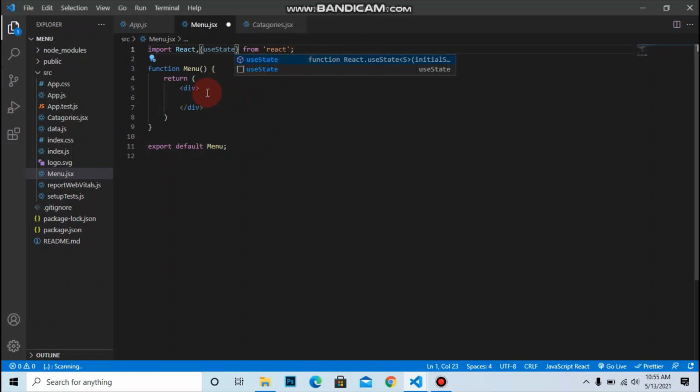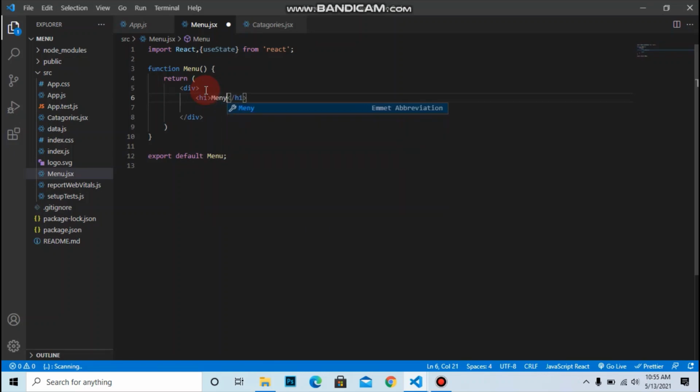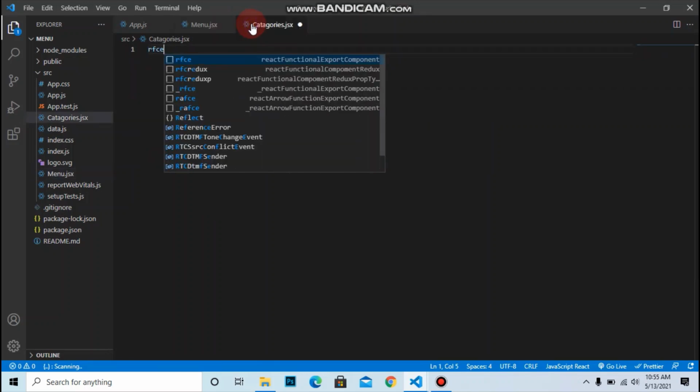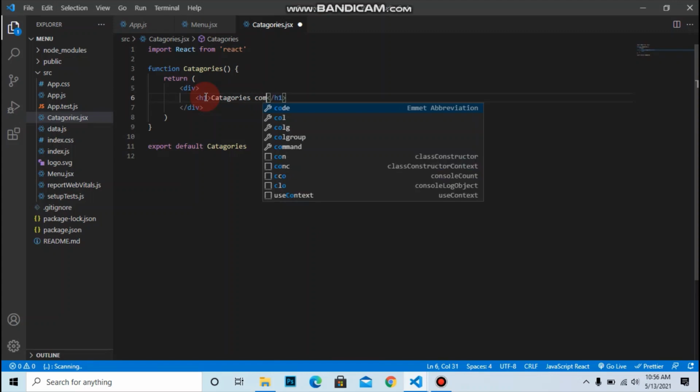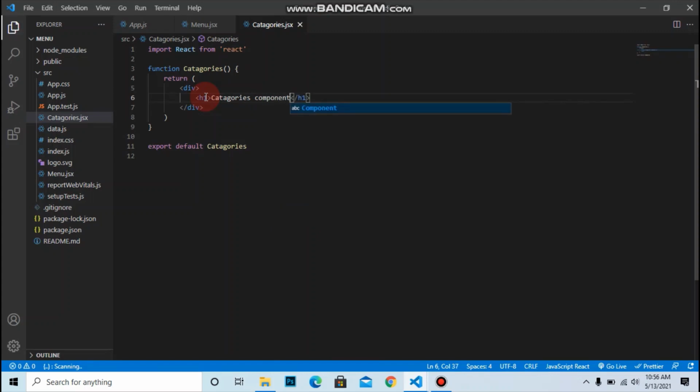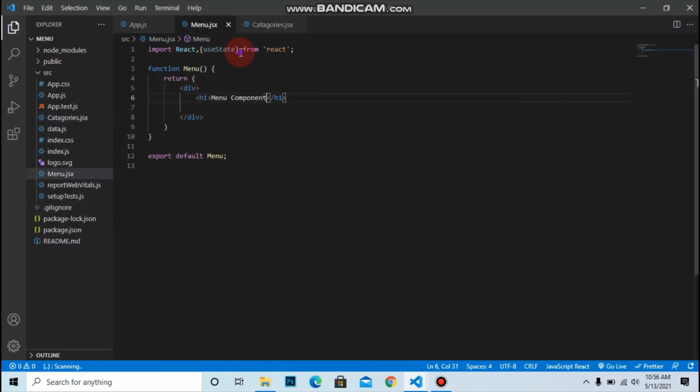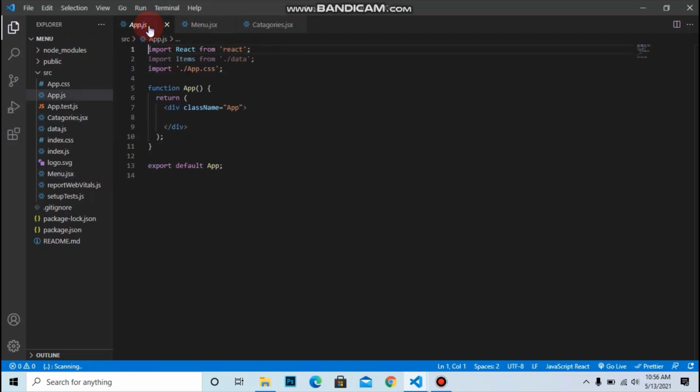So let's first name it menu component, and in the categories also make a functional component, categories component. Then let's first remove this. The items are imported from the data.js.